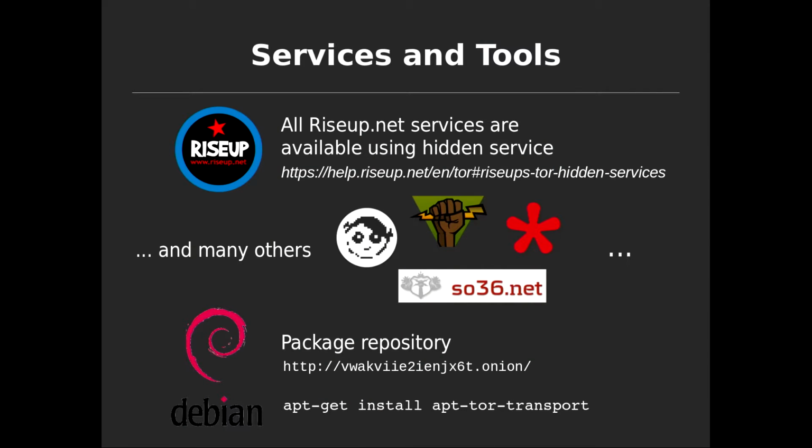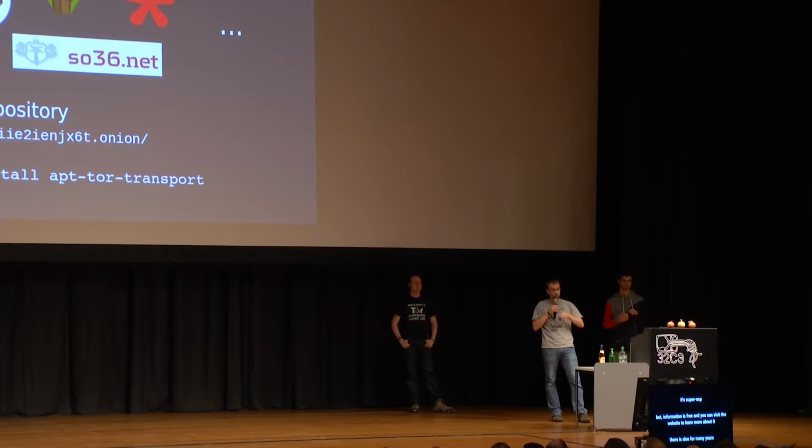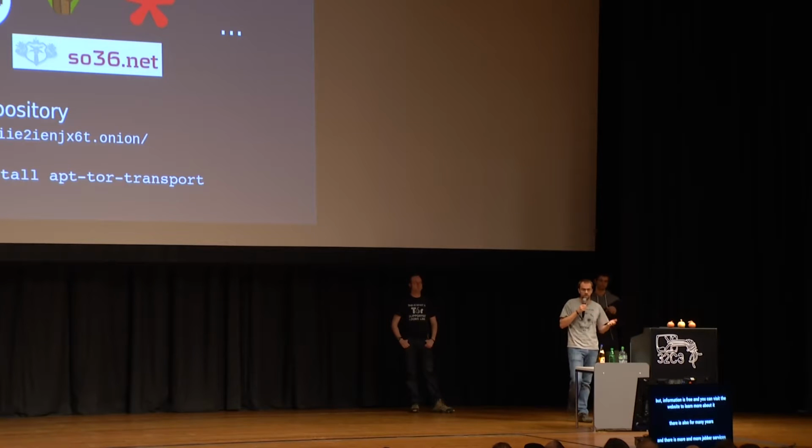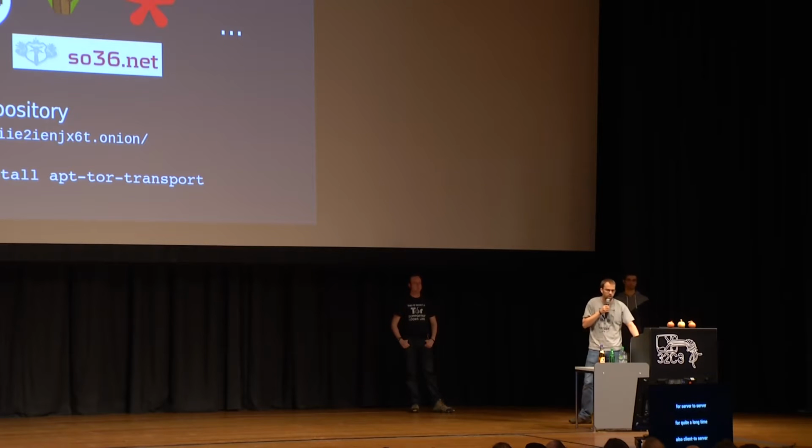So for many years now, there have also been plenty of services and tools that exist. George just showed us some tools, but now there are services like Jabber, SMTP, and IMAP from the RiseUp guys, and not only RiseUp, but also SystemLi, Artistici, and Calyx Institute for Jabber. There are more and more Jabber servers right now that are federating over Tor through onions, for server to server and also client to server. This has been around for a long time, and it serves many users. I think RiseUp has more than 30,000 users on their Jabber.